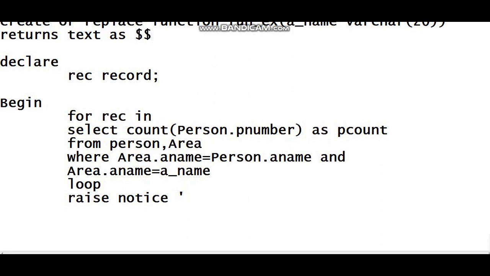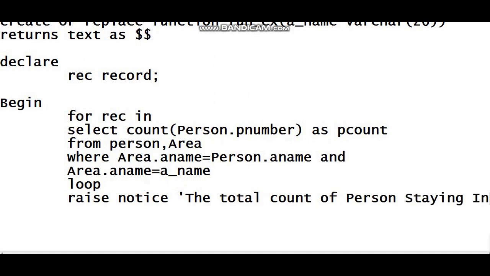Raise notice, so here the total count of person staying in percent.